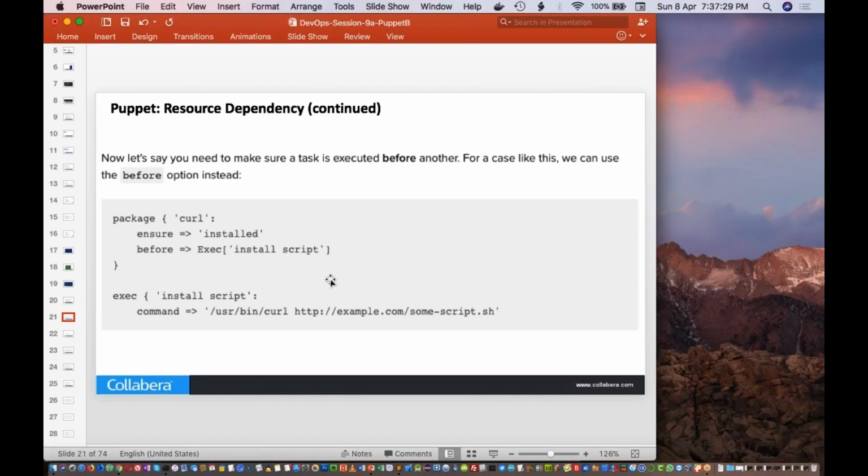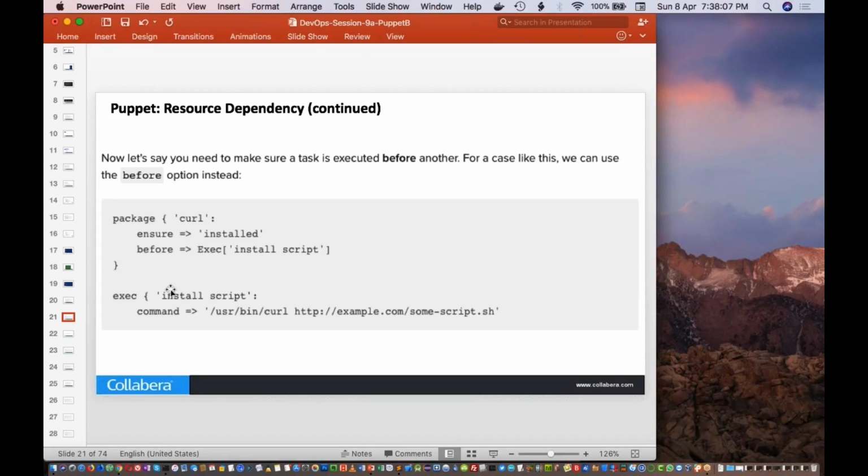Okay, see, Kadi, like I mentioned, if you want to specify an order, say you have two resources. The first one is to install the curl package or install the curl software, and another one is to use that curl software to download a particular file from the internet. In order to execute this one, you need the curl software, right? So there is no guarantee that Puppet will execute in the order in which you write.